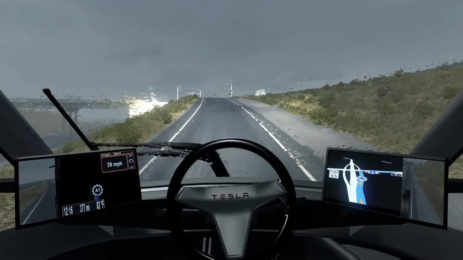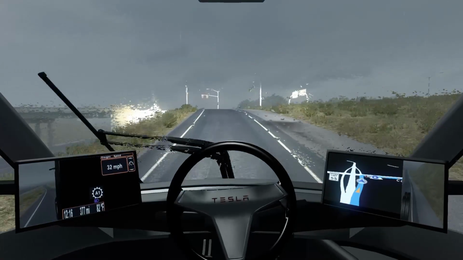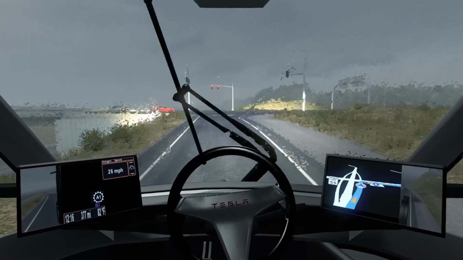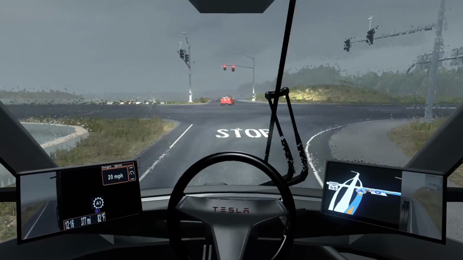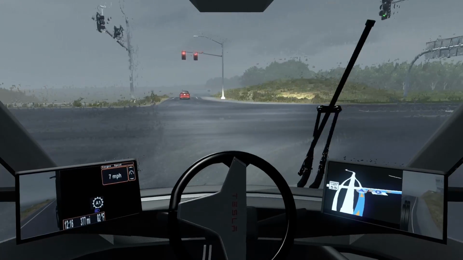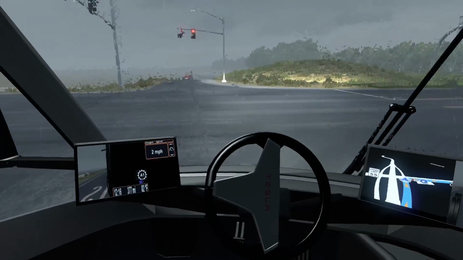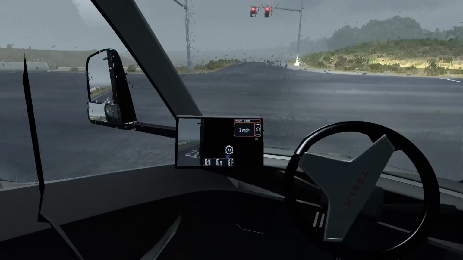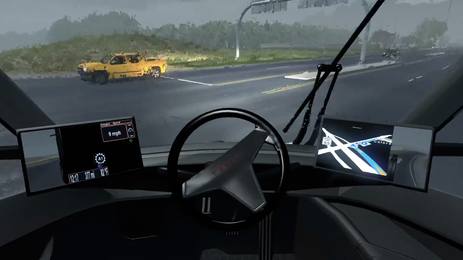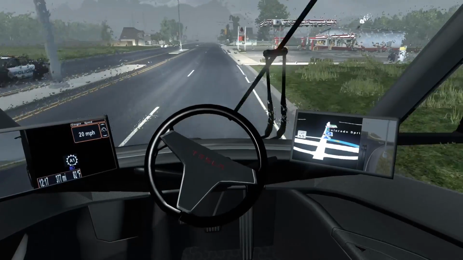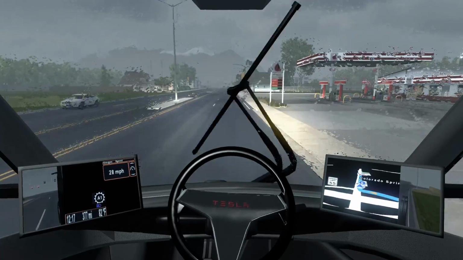The visibility in this thing is terrific. There's like no blind spot. You sit right in the middle. It's got so much torque, it can haul almost anything. I mean, it really can haul pretty much anything. Visibility is great. And it's actually a quiet ride, which is pretty nice for those of you who enjoy a